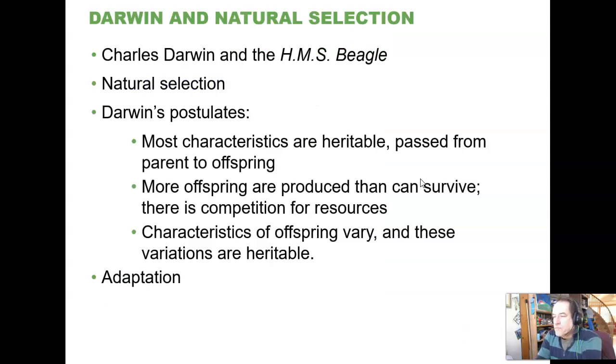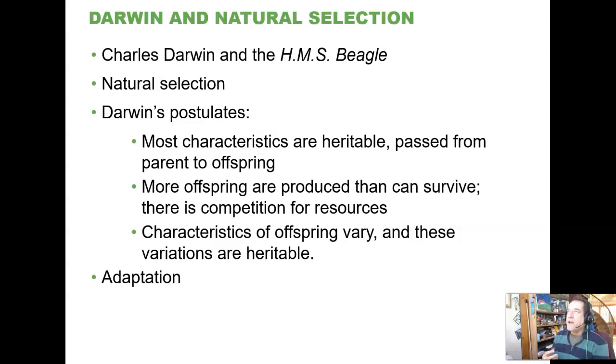So, a few things right here. You do need to know about Darwin, and if you go to the study guide, which I'll take a look at the end, there's some additional people that we need to talk about. And we always start with a review of Charles Darwin's work in here because he's most closely associated in popular culture with evolutionary biology, and he is important scientifically in that because he's the first person who put together a